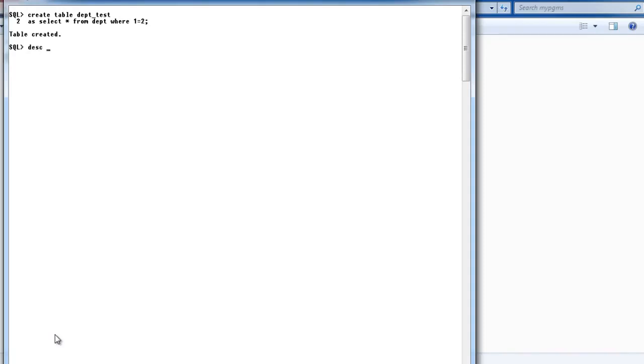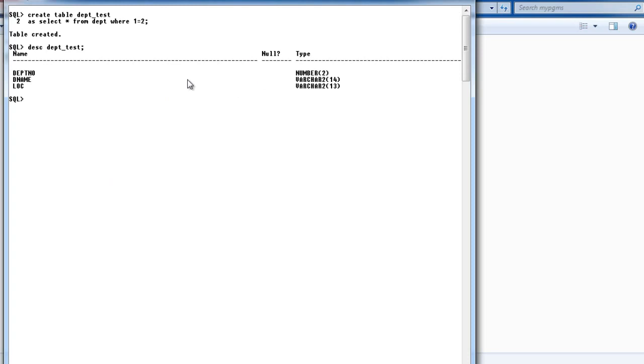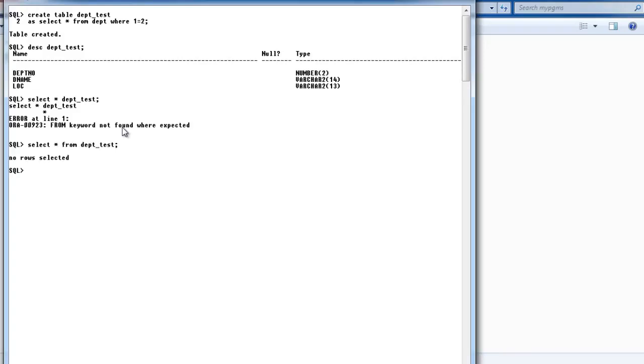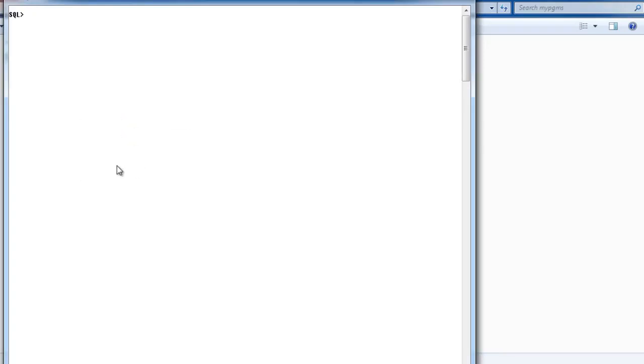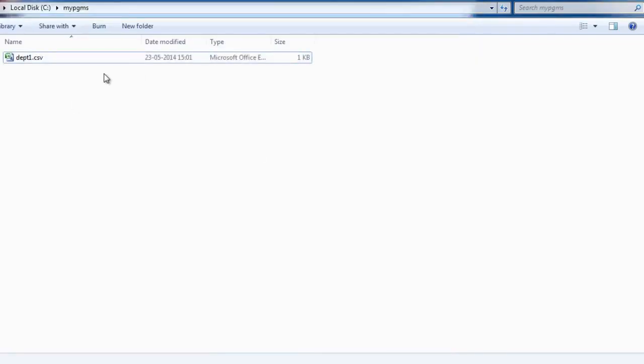So when I say department_test, you can see the same structure that was there in the department table is copied to our table, but we won't be having any records in this. Simply just test it. There are no records.